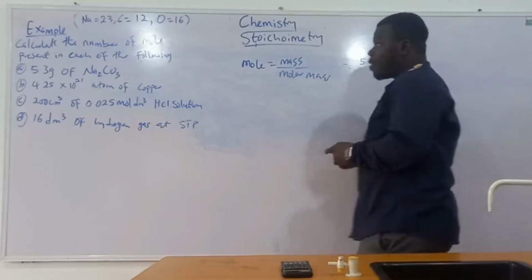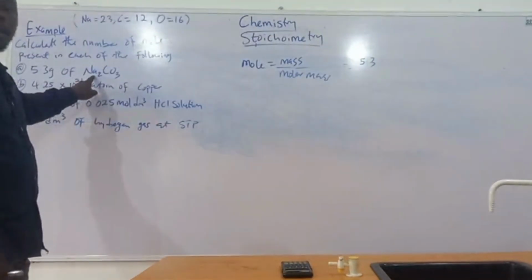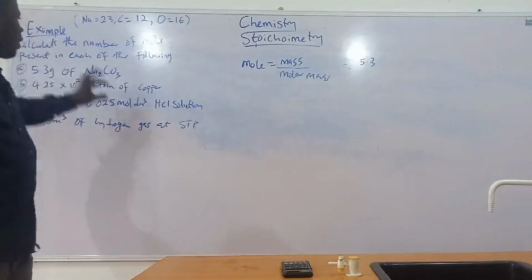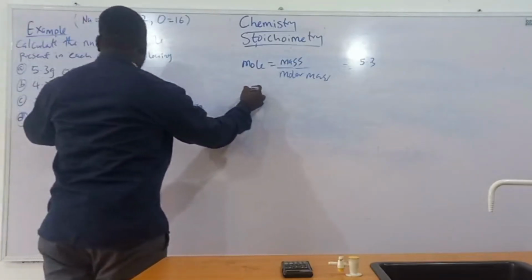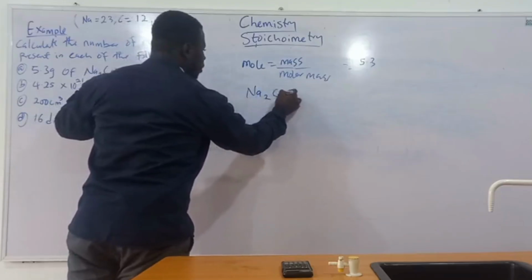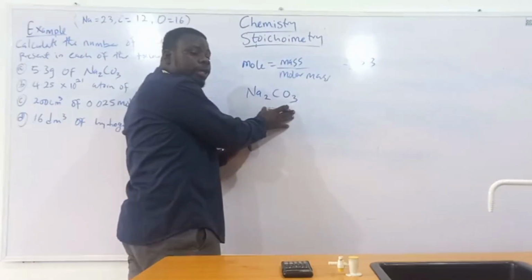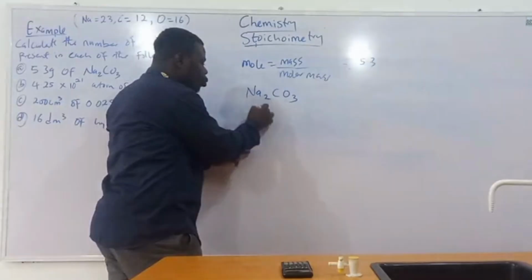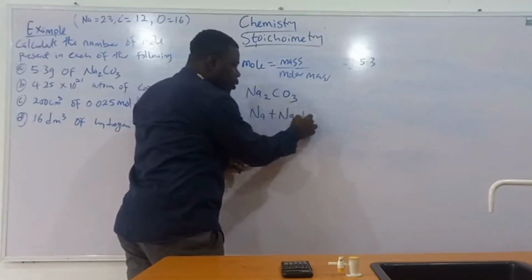The mass is given as 5.3 grams. But what about the molar mass? So the molar mass is the total amount, right, that is here. So for example, if we have Na2, so this is the compound. So how do we calculate the molar mass? Now remember, here we have 2 sodium. So this is 1 sodium plus another sodium plus